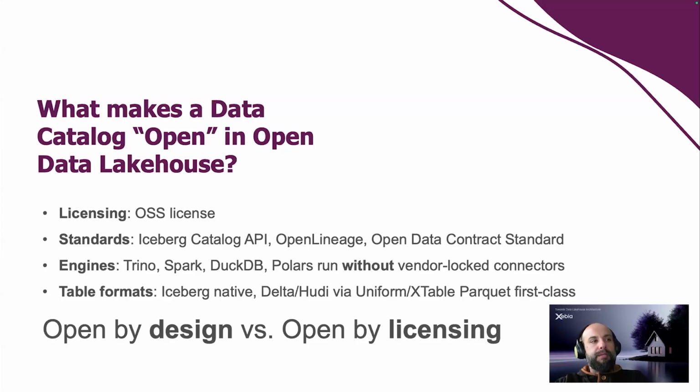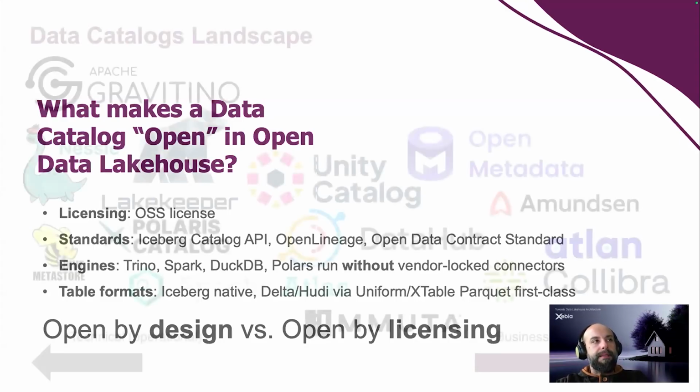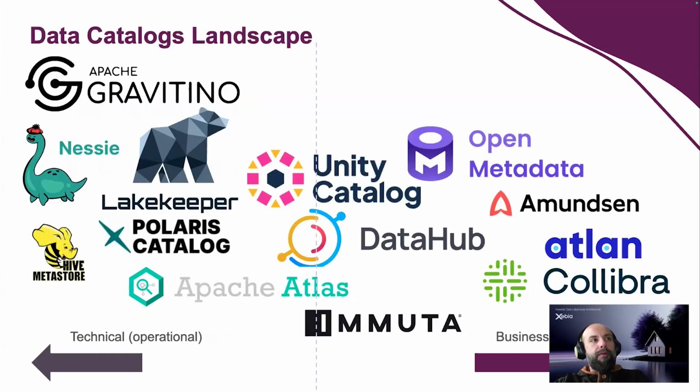in this sense. This is why we distinguish "open by design", meaning that the catalog is adhering to some open standards like OpenLineage, open data contracts, Iceberg data catalog, or can also be licensed under open source permissive licenses. And if we take a look at the data catalog landscape, we can somehow place many of the available